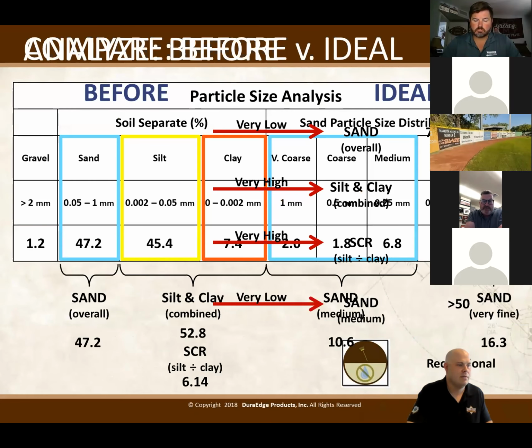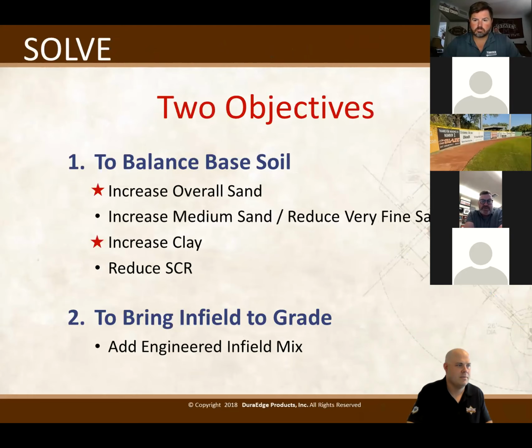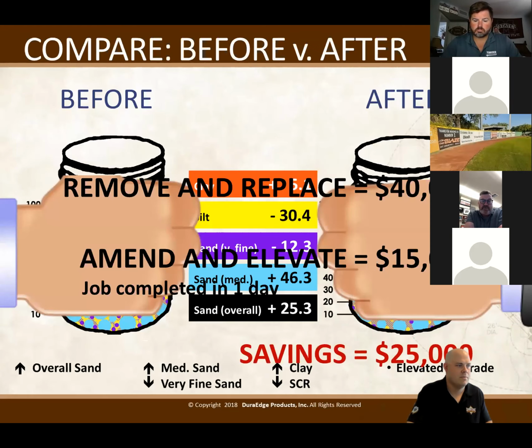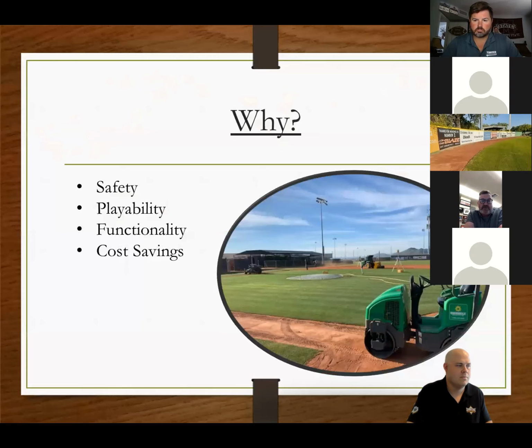Hey, Dan, do you adjust it all around the clay bricks area, around the pitcher's mound, or not so much up at home plate when you do the infield mix, or do you use a separate product for that? Like you mentioned before, taking the mound mix and putting that in the infield.